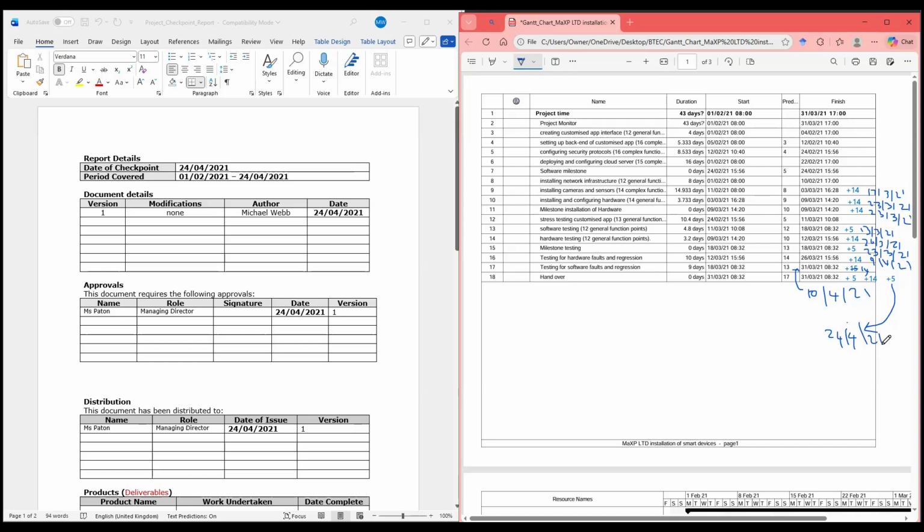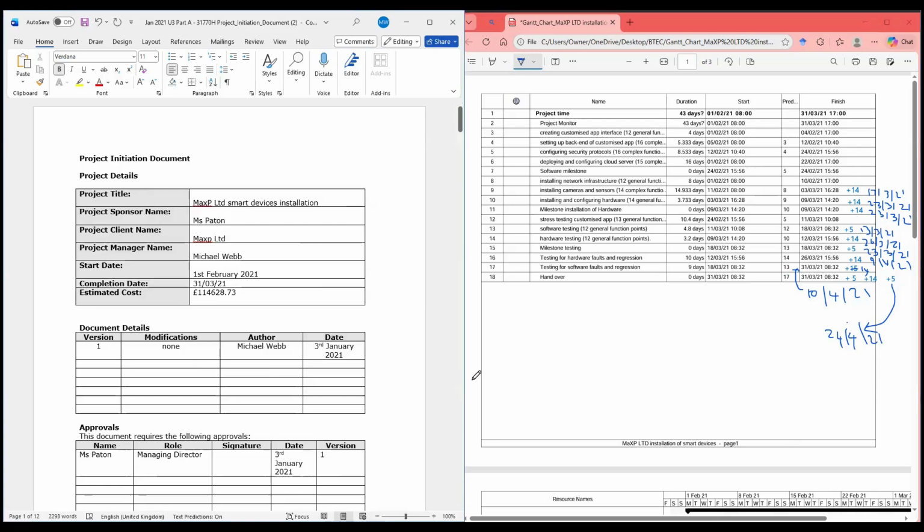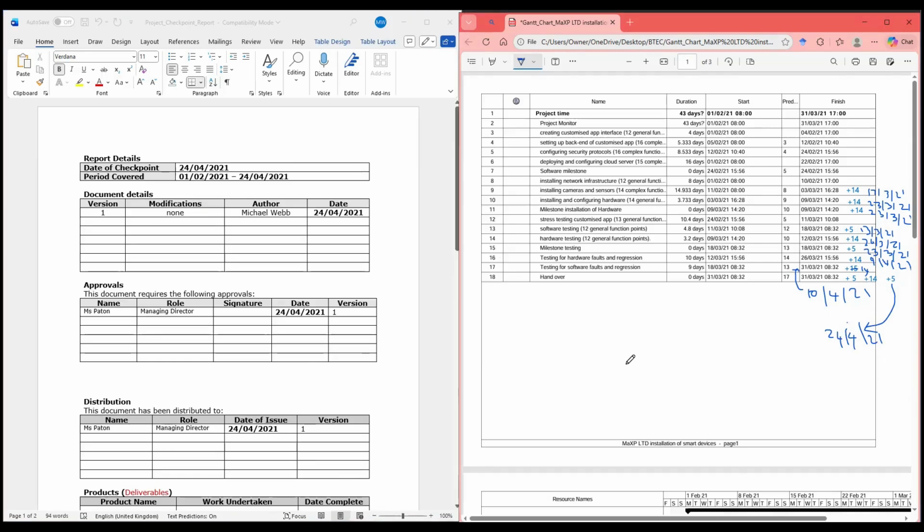All right, so all of these will, just to show you how I'm calculating it. All right, so now that we have the dates, we'll just get right into the checkpoint report. All right, so we need a checkpoint report. All right, notice my end date is the 24th of April,